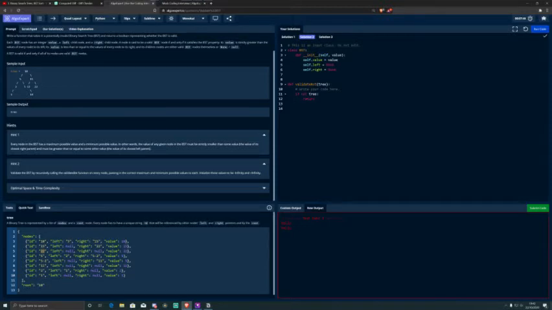Return something. Then return something. We'll just return tree, why not? And then